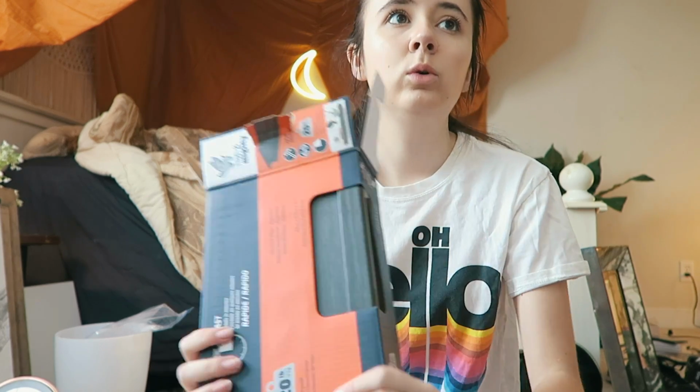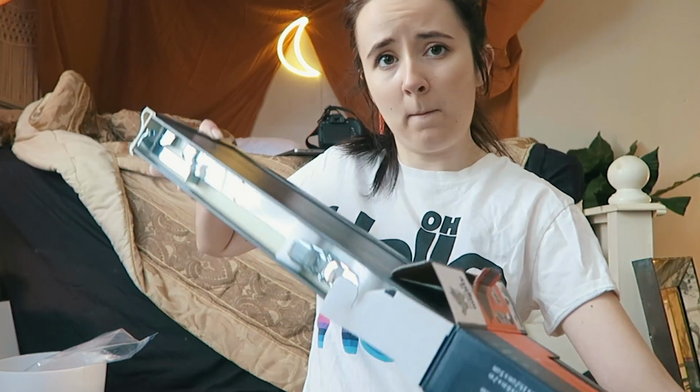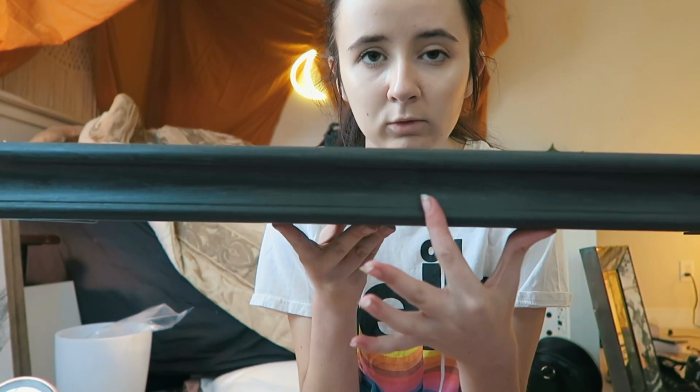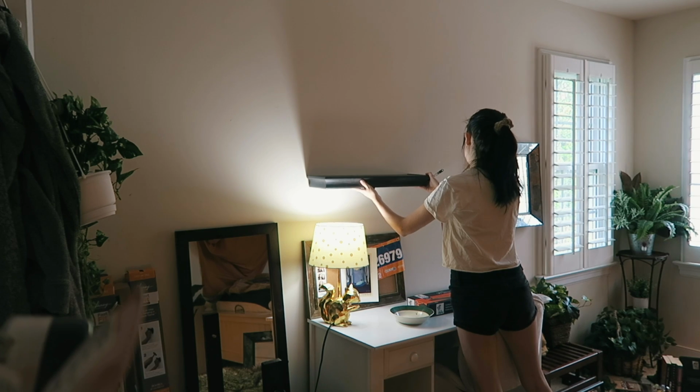I got 2 24-inch ones. So I got these. Oh, how interesting. It comes with a little bevel. Okay, so to install these shelves, first I figured out where I wanted them to go and marked the spot